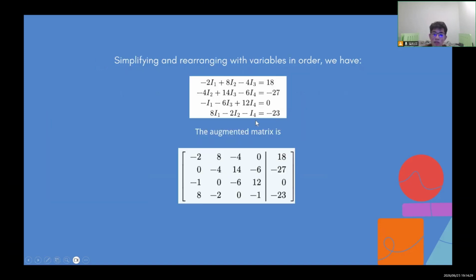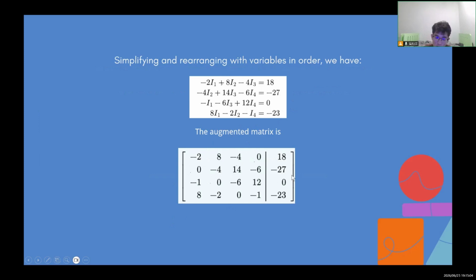And now from these 4 equations, we can get the augmented matrix, which is downloaded here. And the first row comes from the first equation, and here is the I1, and the second number is I2, the third number is I3, and the 0 is I4 because the first equation didn't have I4. So, and we need to simplify this matrix, and we can use